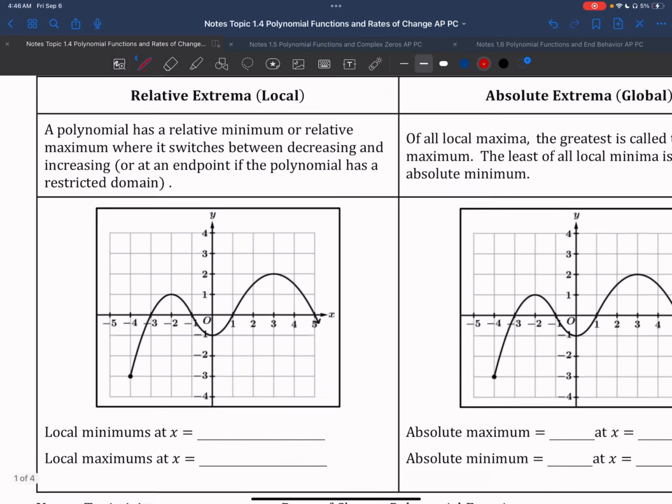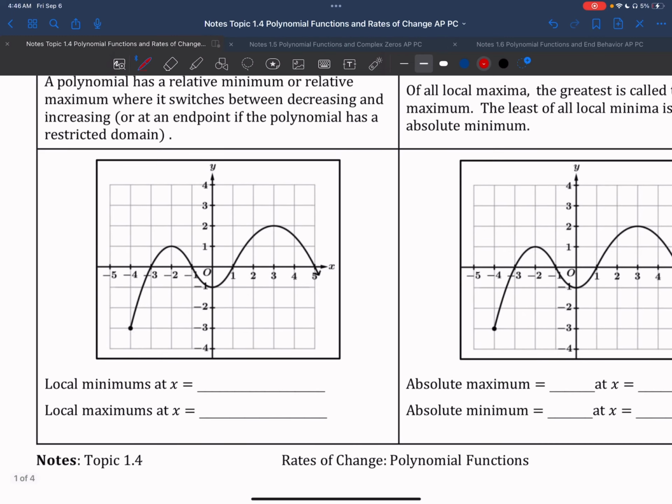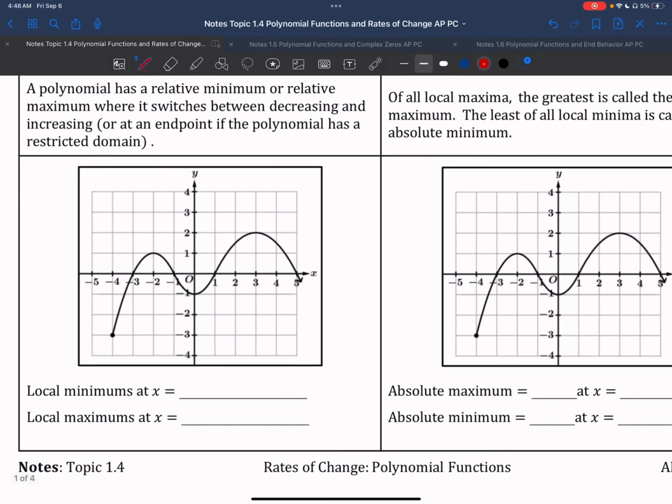You can see here that they're asking us to identify the local minimums and then the local maximums. So if I look here, I'm going to draw my increasing, decreasing lines first to find the ones in the middle, and then I'll worry about the endpoints if necessary. So the first one, I'm increasing to decreasing right here. So this will be a local